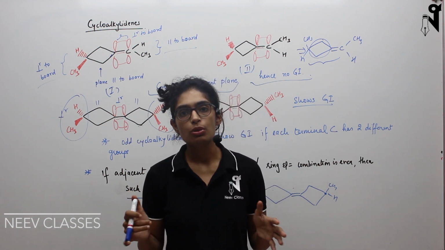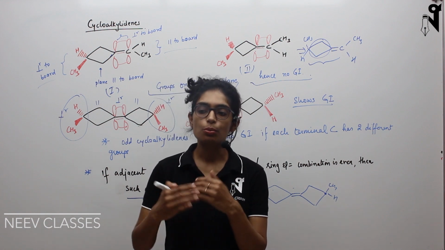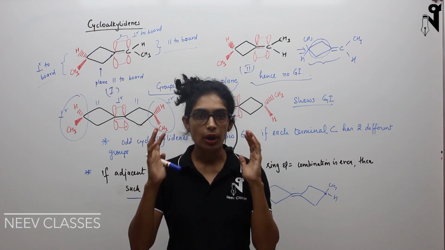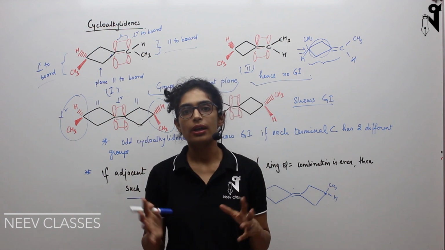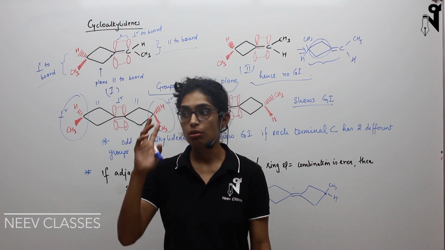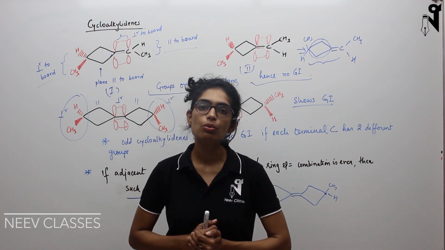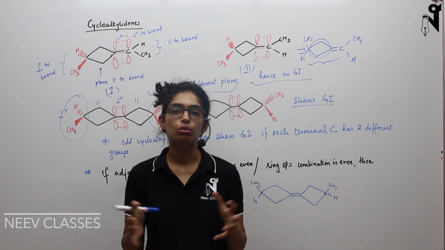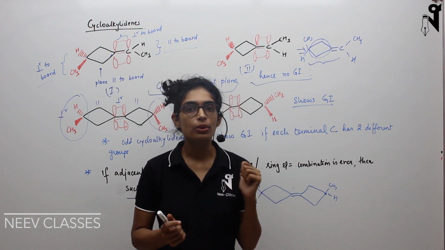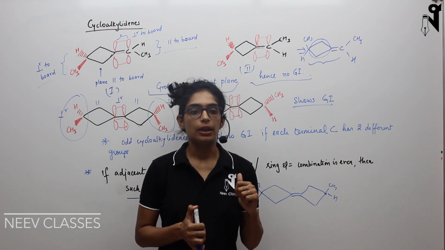If you are not clear about GI, optical is going to be a little more three-dimensional, and you have to understand that. So basically you have to analyze the compounds using 3D picturization or 3D imagination. If you are not able to do so, you may not be able to have a good hold on optical isomerism. So all that you have to keep in mind and do these things accordingly.